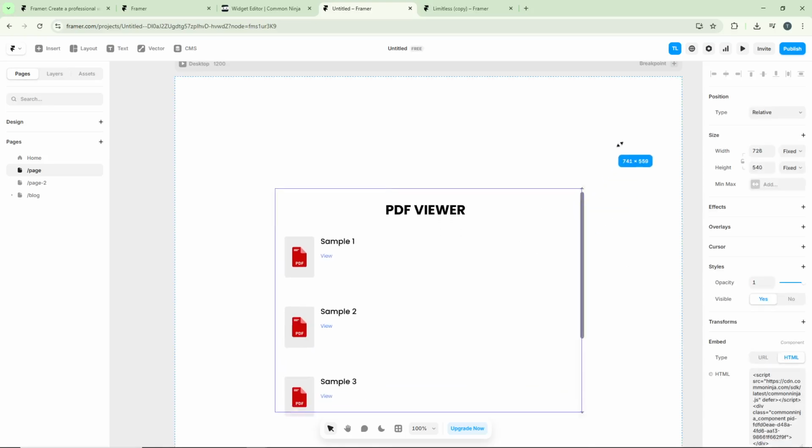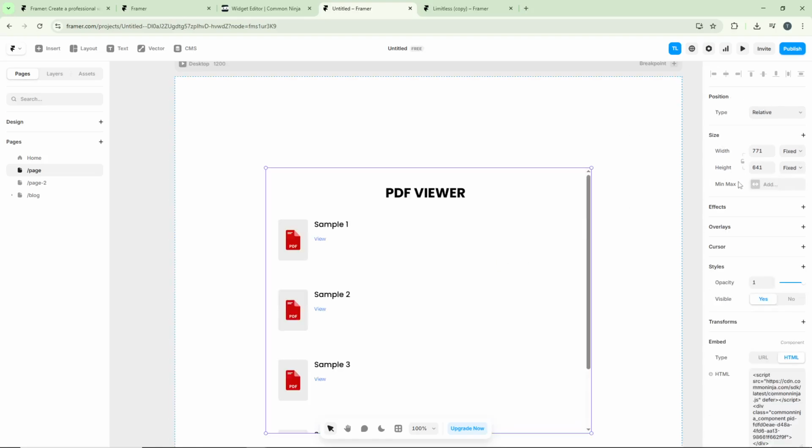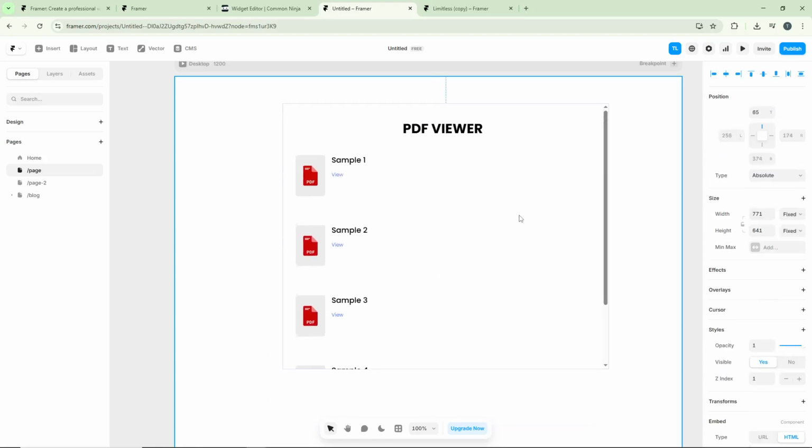You can resize it by dragging the corners to fit your layout perfectly, ensuring it displays beautifully on both desktop